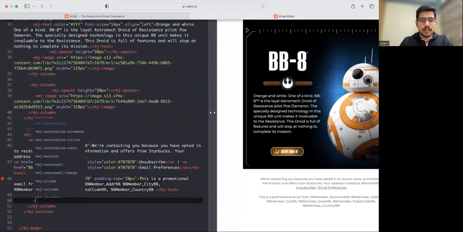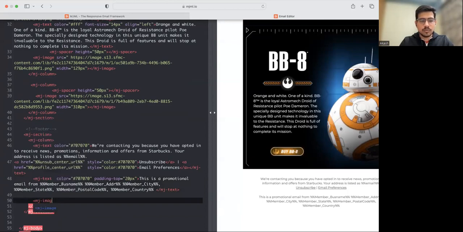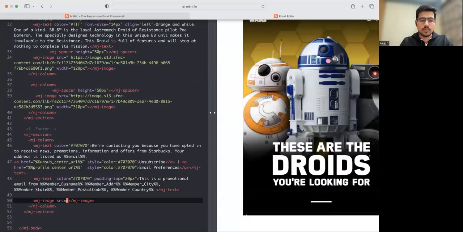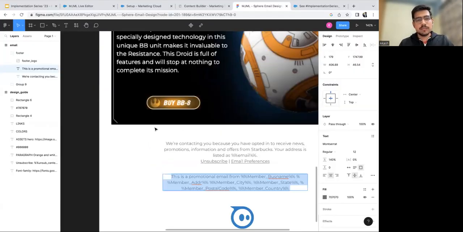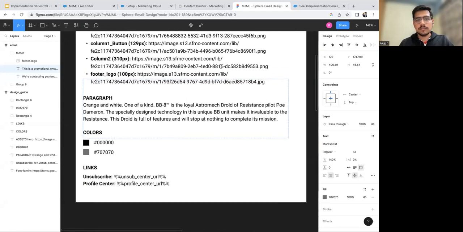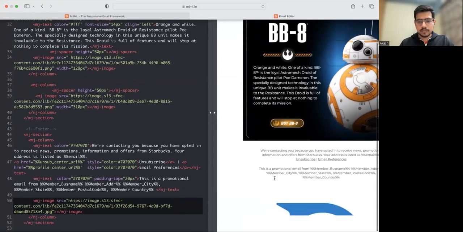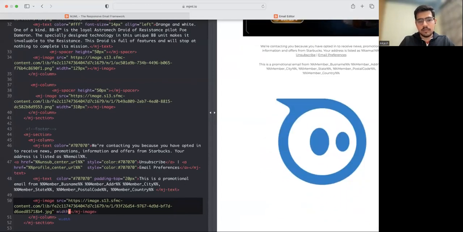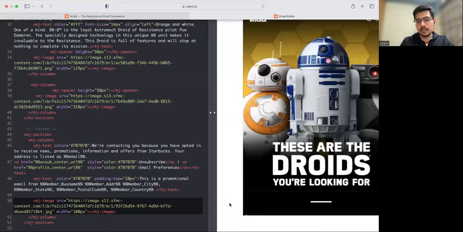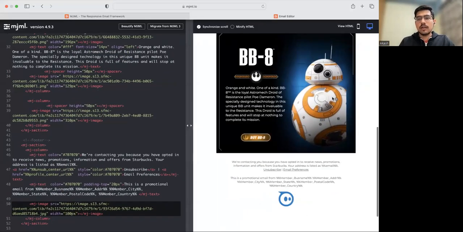Finally, we just need one footer logo. For that, again, just use the image component. The source that we need is over here, which is 100 pixels. So copy that and paste that. And say the width should be 100 pixels. Okay. All right. Now that our email is ready,